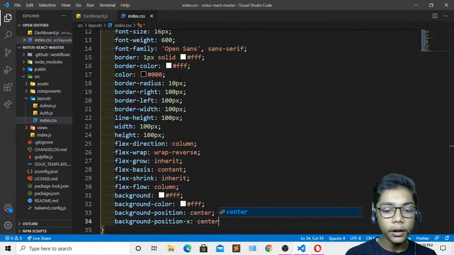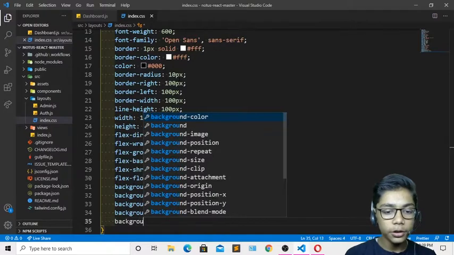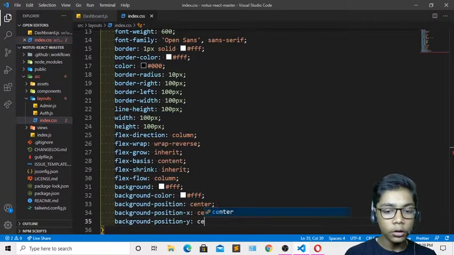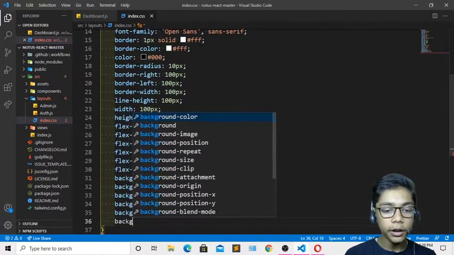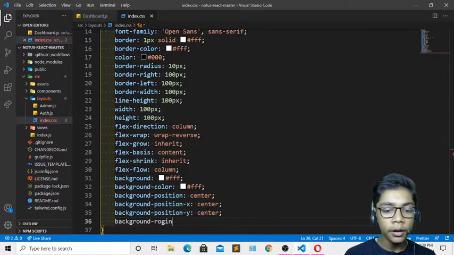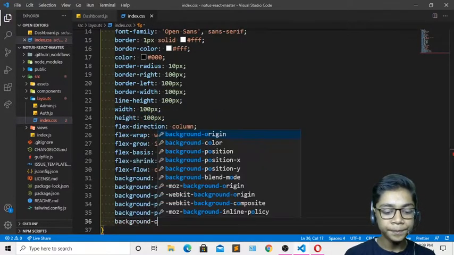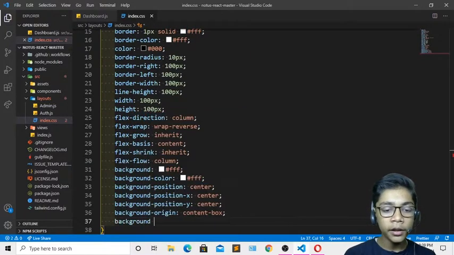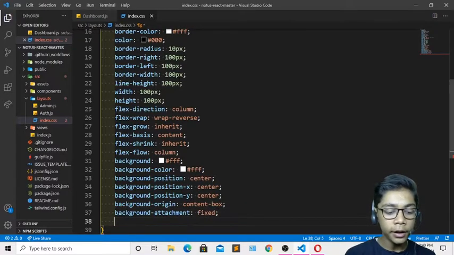So now when you've done that, I'll create a background position Y which will also be center. So now we have done that, I'll create a background origin. Okay, so just correct that, and then I'll write content box. Then come underneath and create a background attachment fixed and create background clip. So I'll create background clip which will be content box.